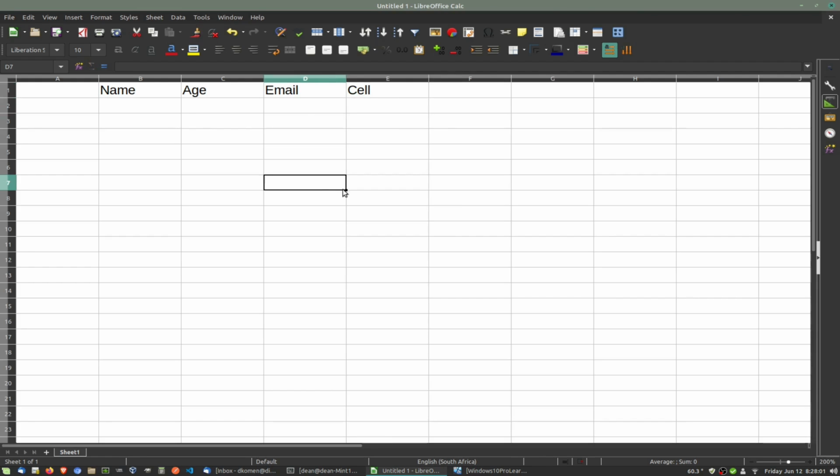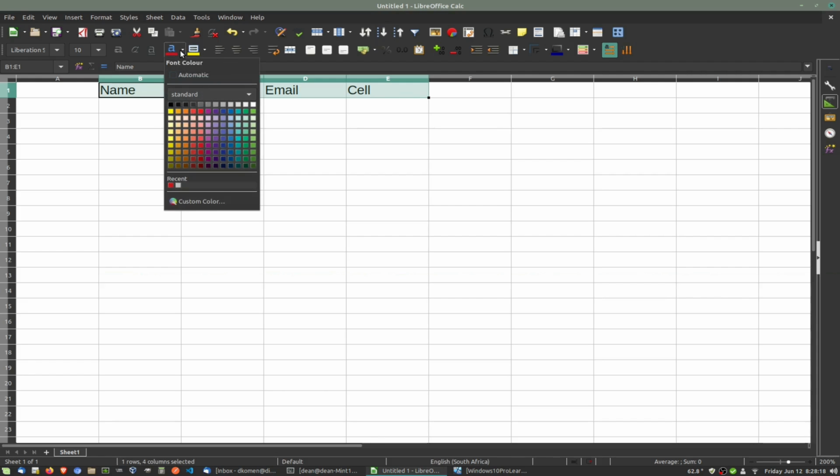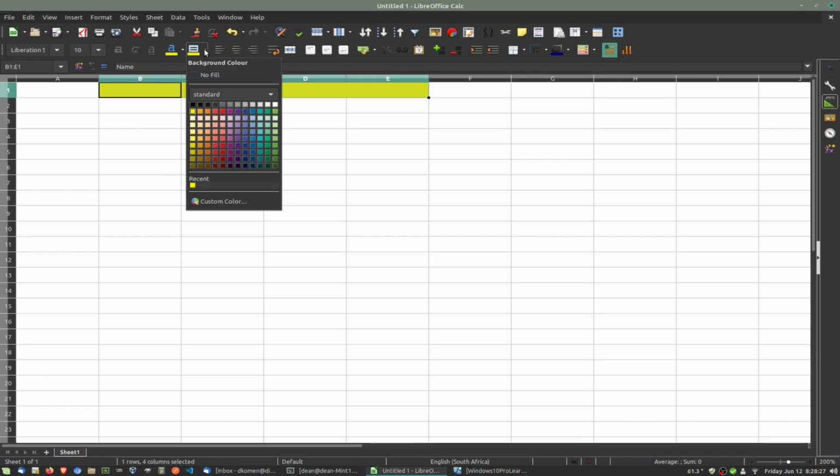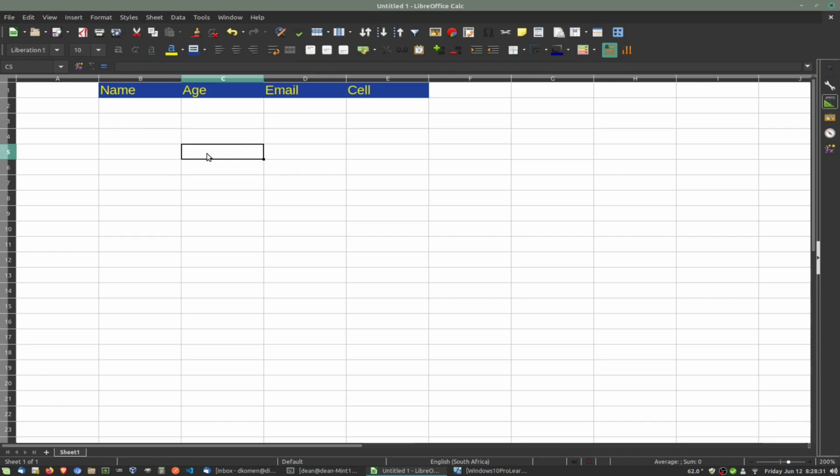Now, when the clients actually purchase one of our products, a new row gets added underneath here. In other words, our headings are name, age, email, and cell. So in fact, let's make that a different color. Let's say it is sort of a yellow with a bluish background, I don't know, let's just choose one there. All right, so there's our